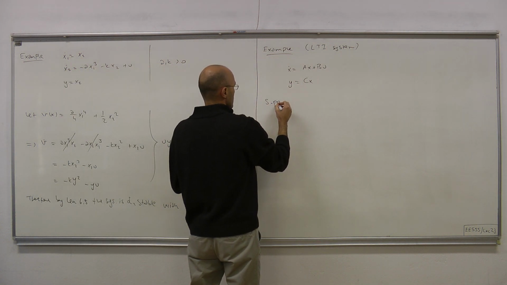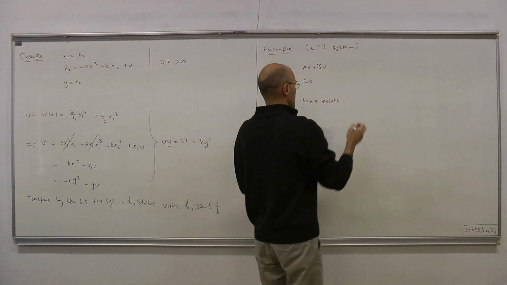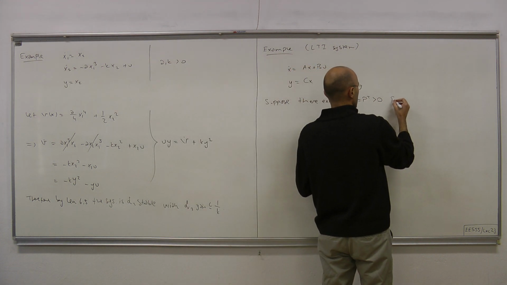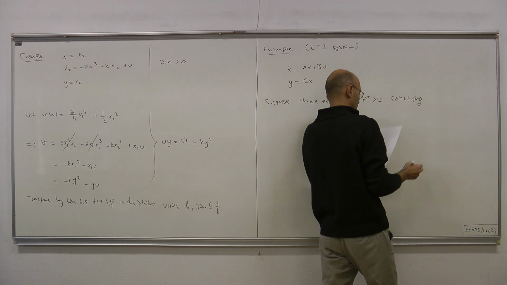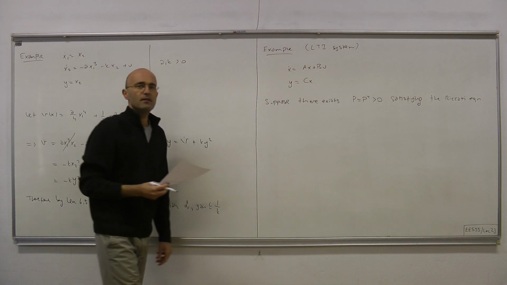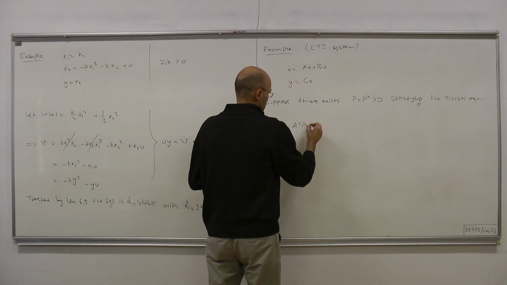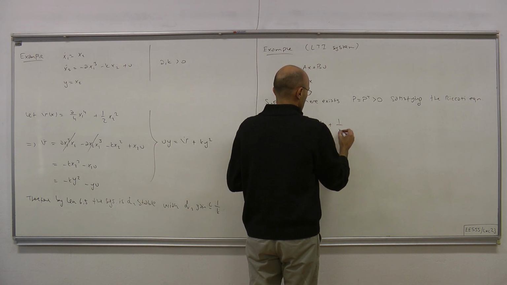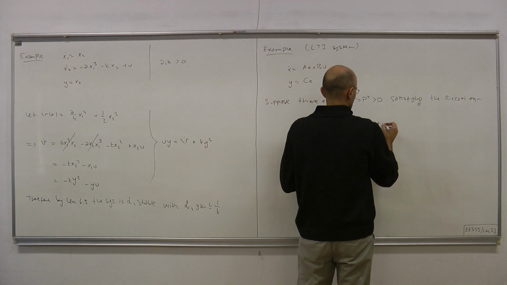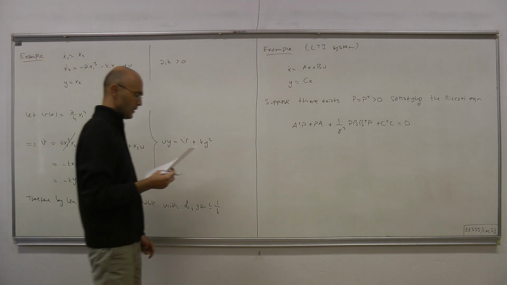Suppose there exists a symmetric positive definite matrix, which we're calling P, satisfying the celebrated Riccati equation from the quadratic regulator optimum control: A transpose P plus PA plus 1 over gamma square P B B transpose P plus C transpose C equals 0, for some